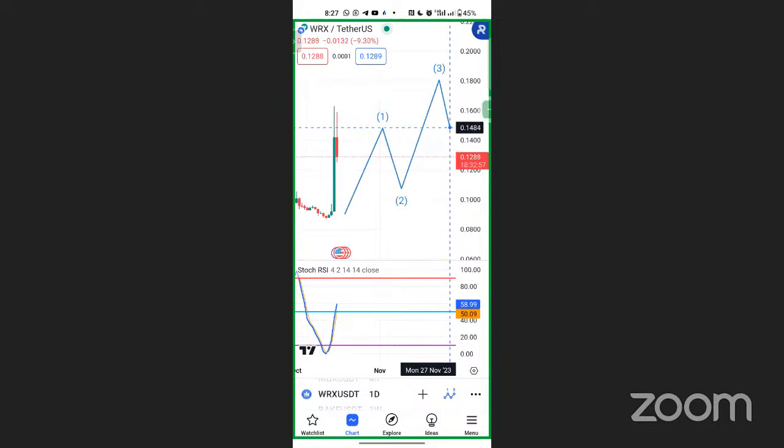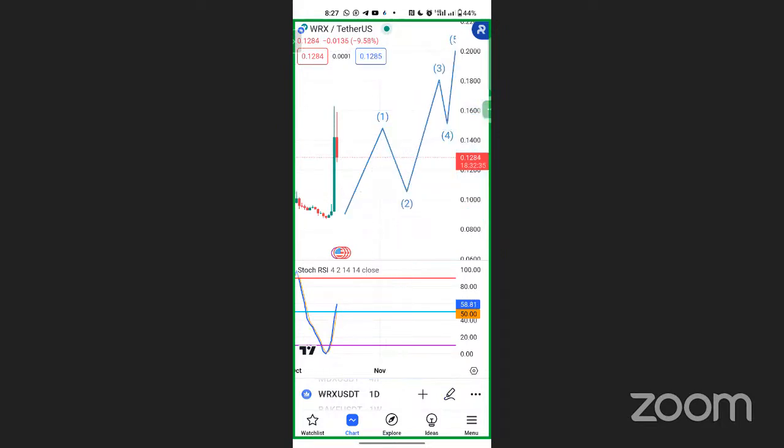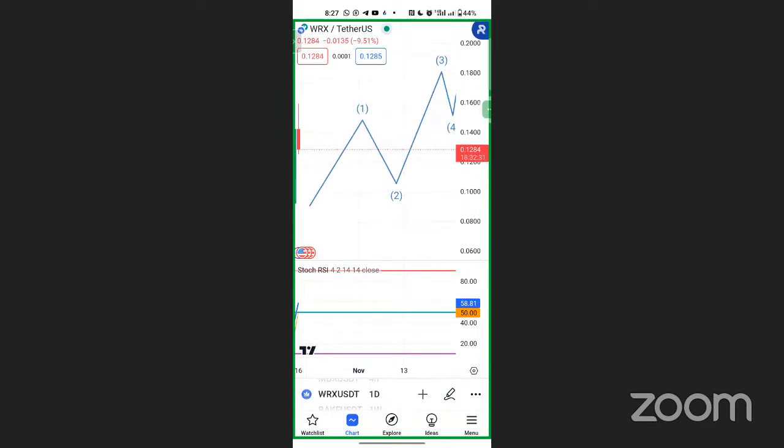I don't know if I'm making sense. It doesn't overlap this. So I don't expect someone to draw their 4 around here. It should not overlap the high of this, which is around there. Then finally, we have a 5. So I'll stop here, and I expect that you are able to draw the Elliott wave using those